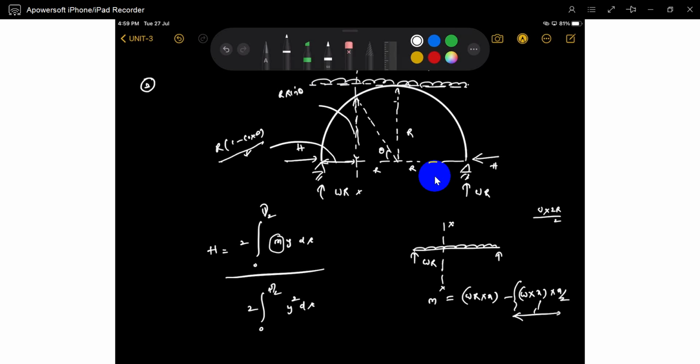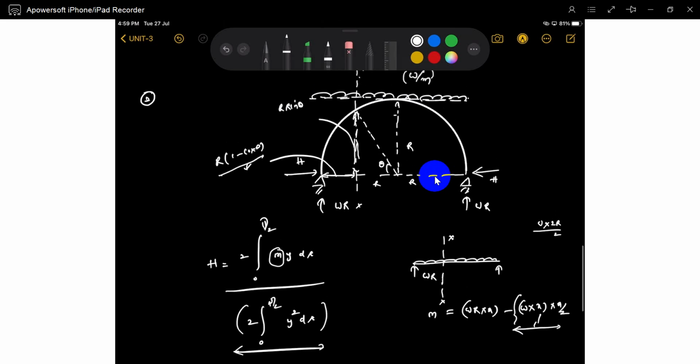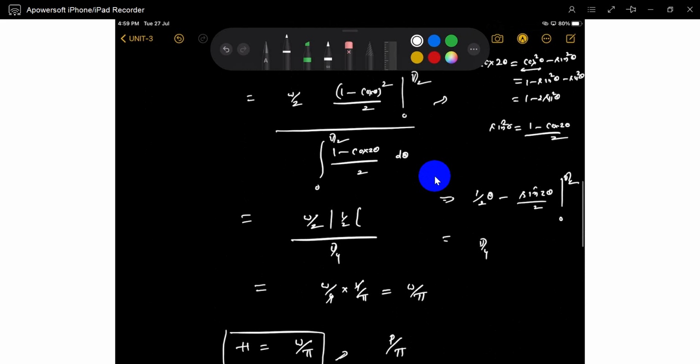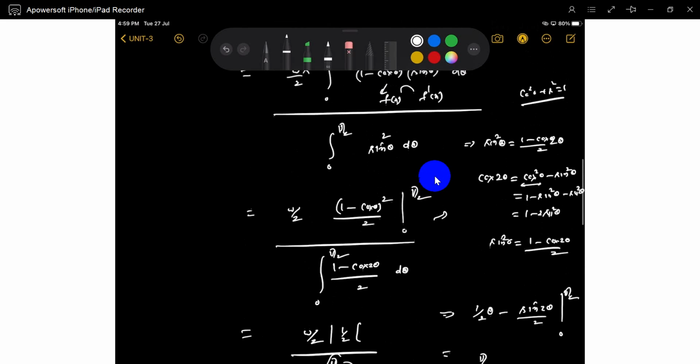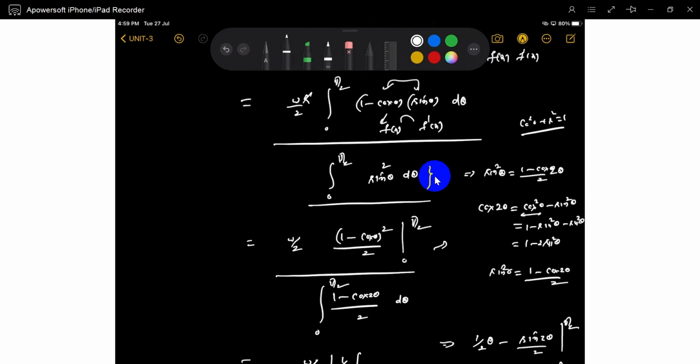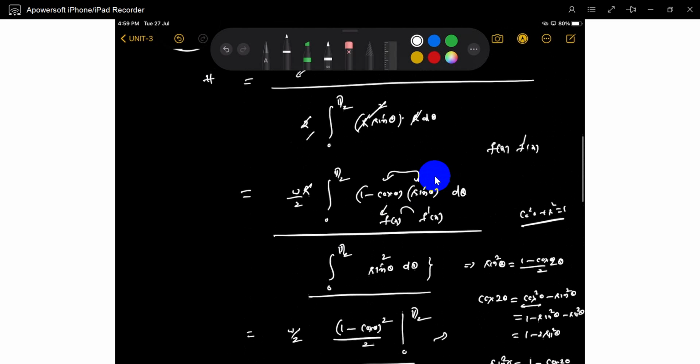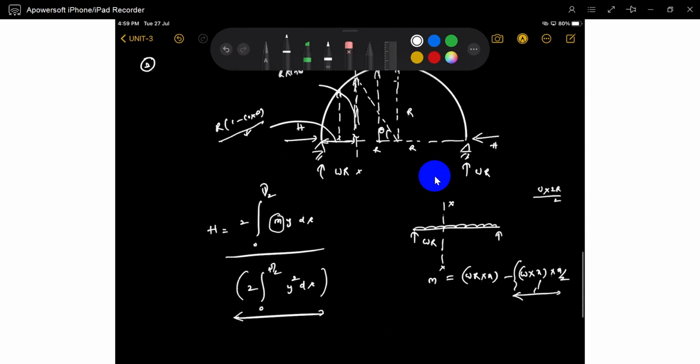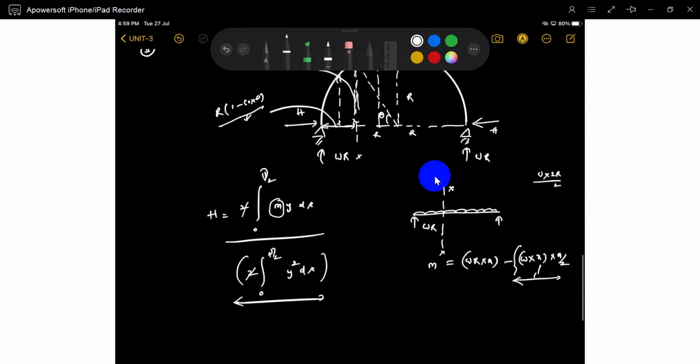So if you see, the bottom is the same. The bottom is the same because it's y square ds. Exactly, y values are the same for every semicircular arch. No change at all. What is the bottom value? It is pi by 4. No need to calculate again because the bottom is 0 to pi by 2 sine square d theta by 2. So multiply with 2, we get 2 by 2 cancelled. So in this also we will get 2 by 2 cancelled.